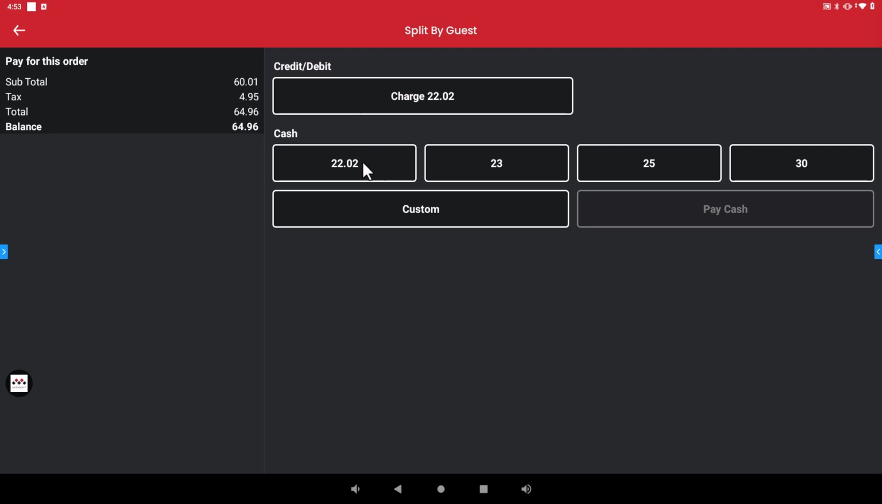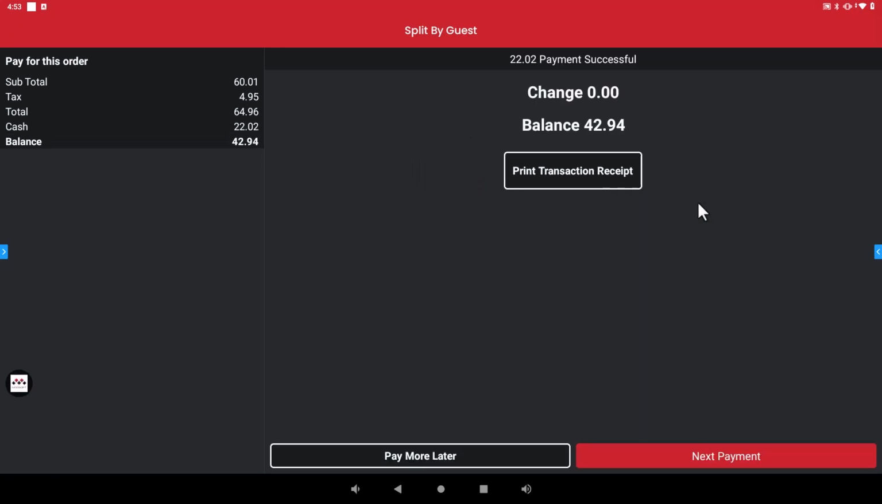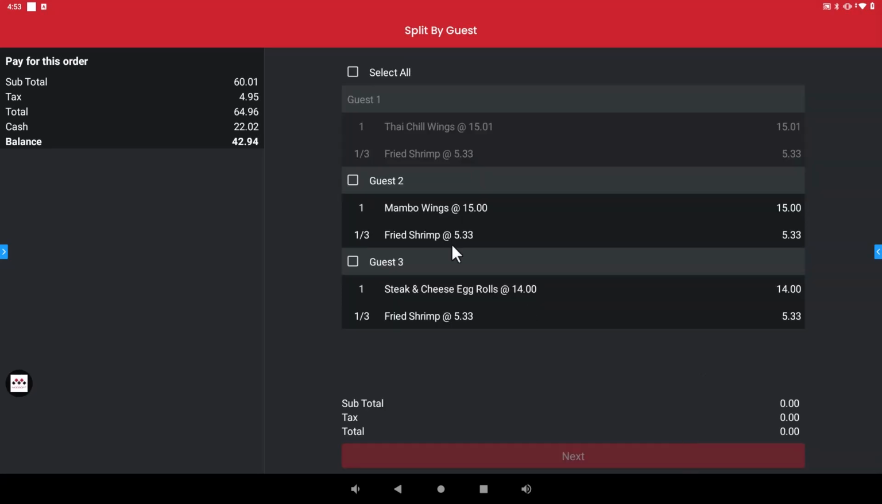then you will just select, okay, guest one is going to pay here, then they'll pay cash or credit, and then you can just go on to the next payment. So each guest can pay individually,